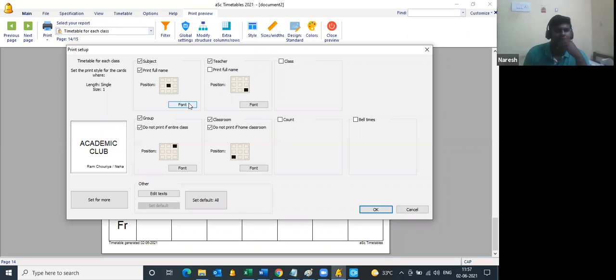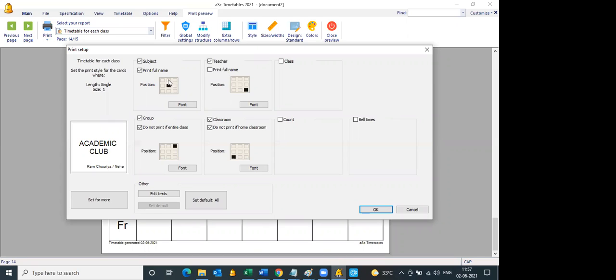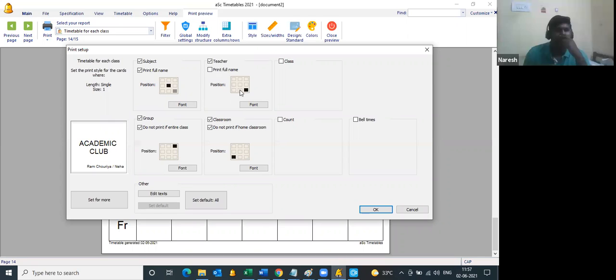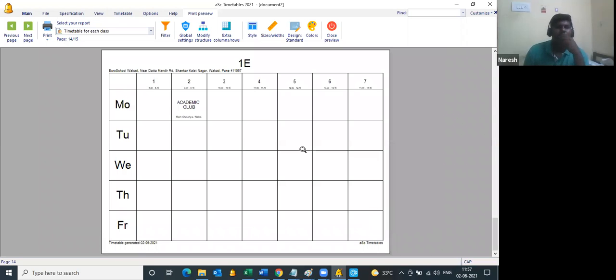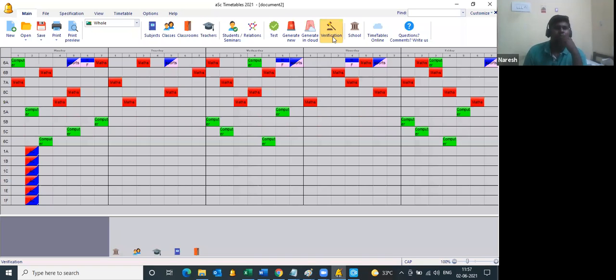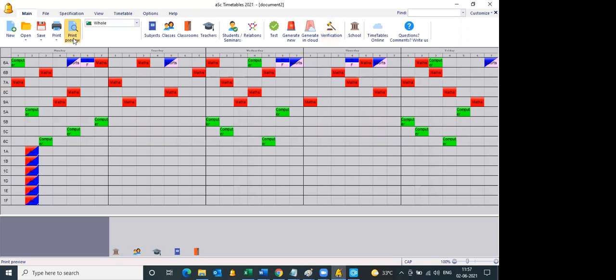You can reduce the font or increase the font, position it, print teacher's full name, and position the teacher's name. Yes, sir. Got it.